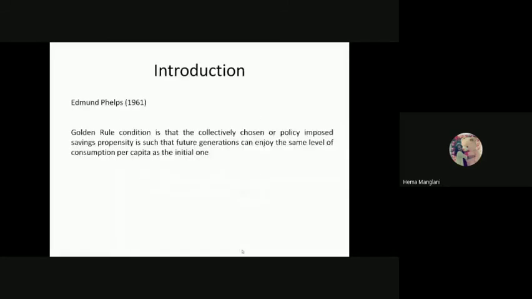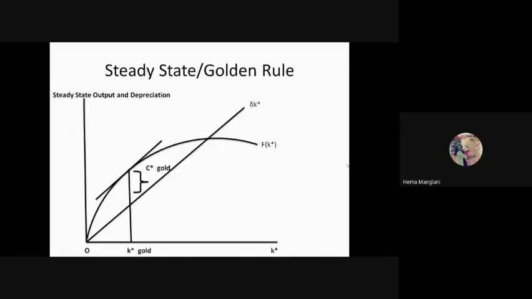So recall this. We already have done this. I'm talking about this diagram. If this is your k star of golden rule, you are somewhere here. Your k star is equal to 4, but you got this value of k star of golden rule that is equal to 25. So it means you have a potential to increase your capital. And once you increase your capital, you'll reach the output per capita, Y star GR, that is equal to 5. When your k star was 4, your output was only 2. Here your k star is 25 and your output is now increasing to 5.